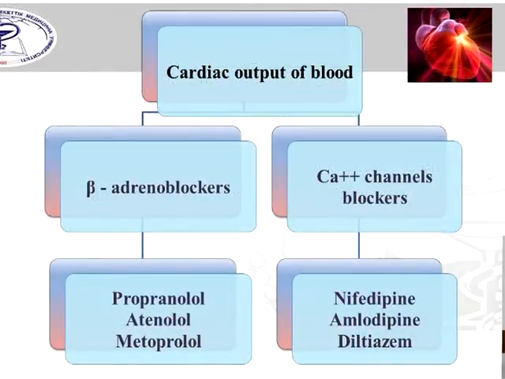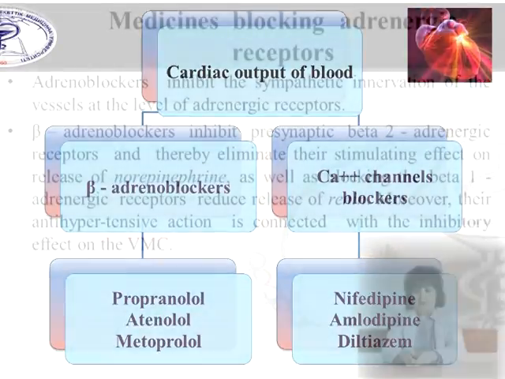Cardiac output of blood may be reduced by using beta adrenoblockers such as propranolol, atenolol, and metoprolol. And another group of drugs, calcium ion channel blockers, which include nifedipine, amlodipine, and diltiazem. So,